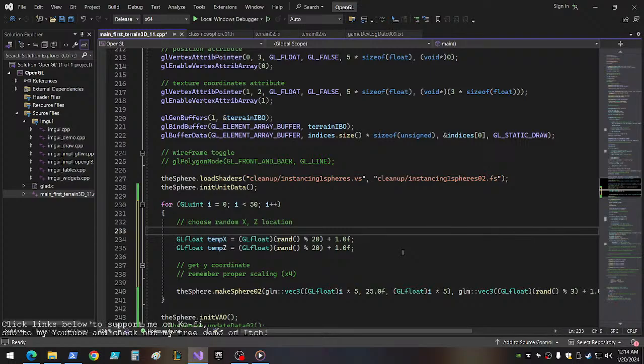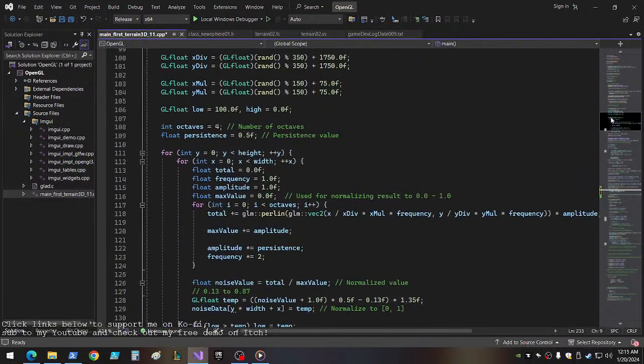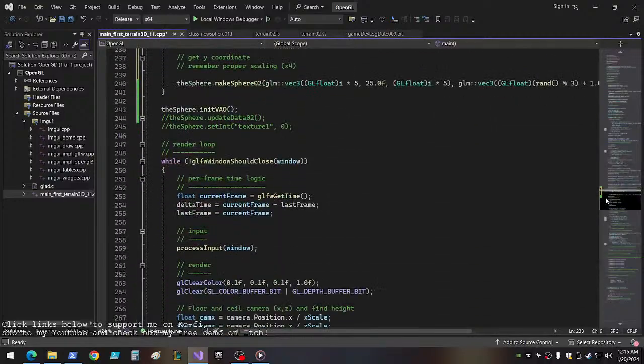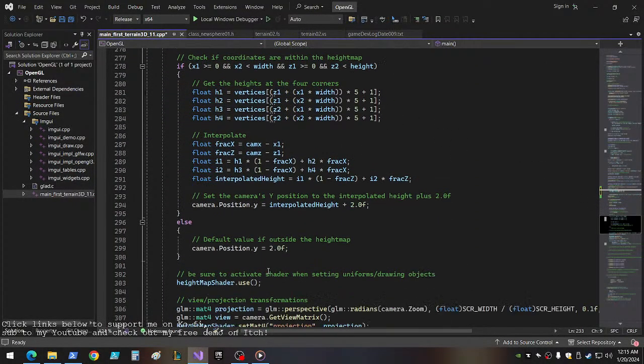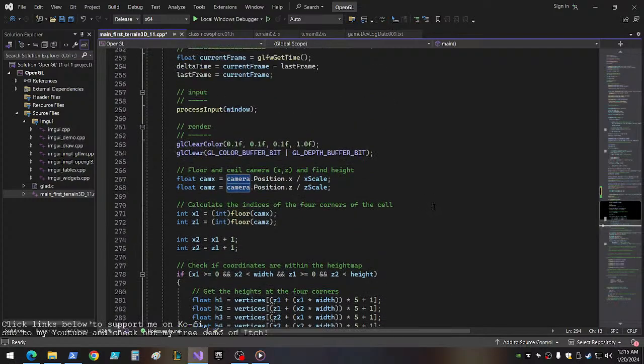So what I'm trying to do is place these in the terrain, and I want it to be above the terrain. There's a whole lot of extra calculations that go along with that interpolation, and I don't want to do that right now. Oh, it's actually in here. See? This is the camera position, and then we interpolate it using all this. Interpolated height. I would have to do that for every single one of these just to position them in the world, which is not too bad. I guess I could do that, but